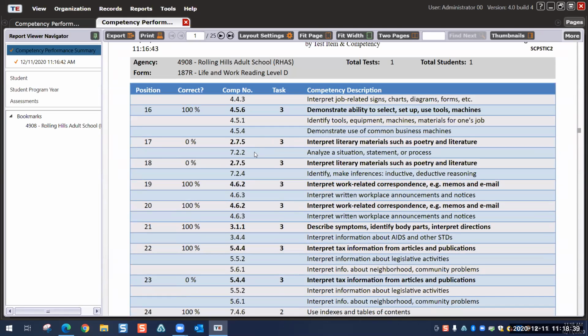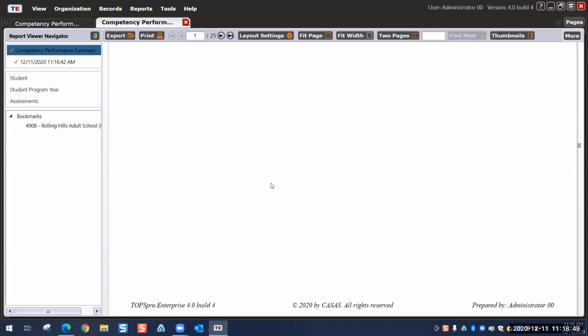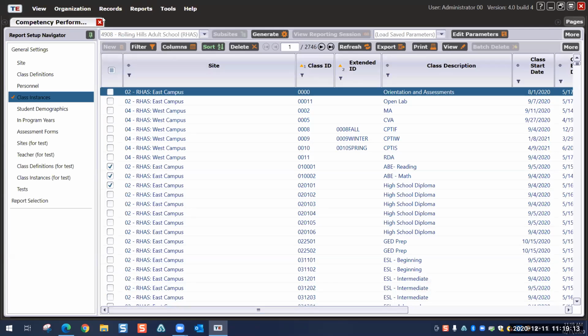But in general, this is the idea for that teacher to get that feedback of what instructional areas need to be reinforced so that they can go ahead and review those areas. Look at this. This includes 6, so if we look at the lowest here, I think it's 33, and 33 is interpreting mechanical concept and special relationships. So this is one area that the teacher would have to reinforce. All right. So moving to the next,